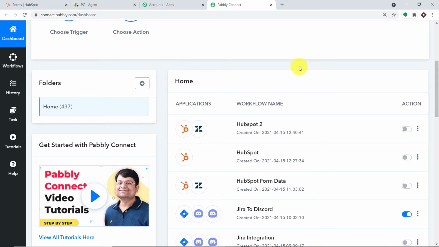Your obvious question is why are we switching off this workflow? Because if I create a new workflow, the old workflow and the new one will both create a duplicate result. Basically, this will create double results. That is why.